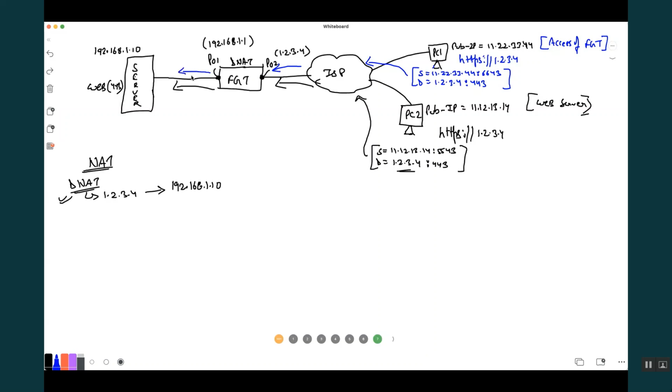So PC1 will end up getting web server access, but what he wanted was firewall access. So the point is, if I configure the DNAT, does it mean that I cannot access the firewall through my public IP?